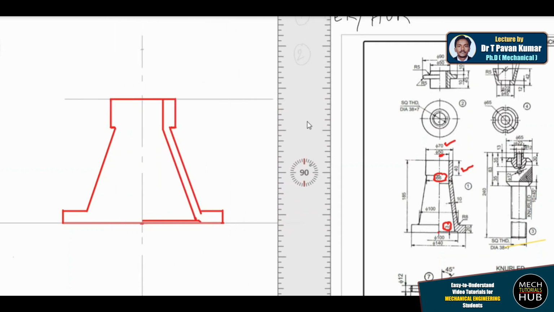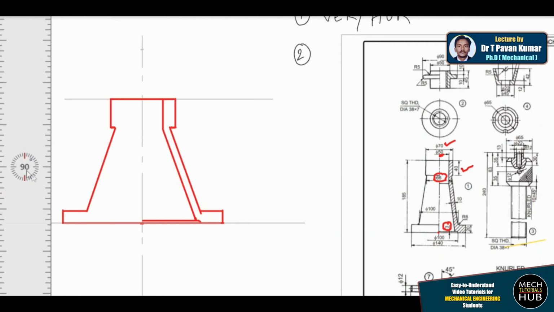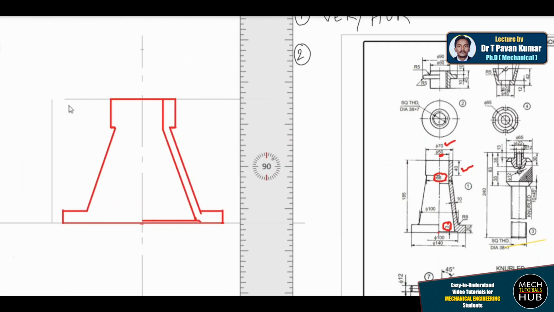Okay, almost 99% done. The only thing remaining is you have to give dimensions. I'll show you a few dimensions. Aligning the dimensions is also very much important. From here to this point, I just need to place an arrow. Arrow you have to place manually, don't use any scale for this. Alright, arrow, and it is 185. But you are supposed to write it by aligning